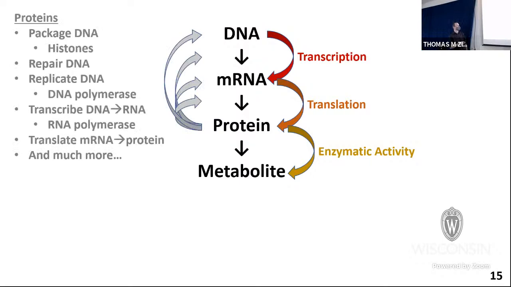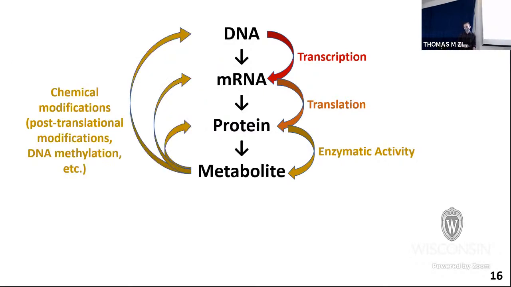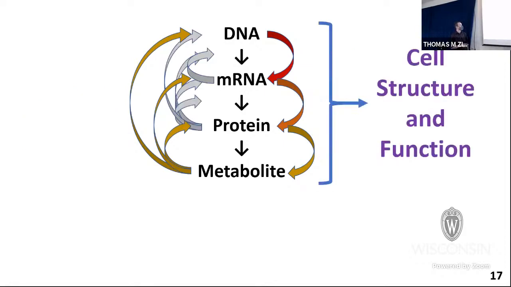But this is kind of the central dogma, but there's a lot more complicated things going on here. So proteins can actually directly interact with not just metabolites, but mRNA. They can affect their own translation. They can affect transcription, and they can actually modify DNA itself. Metabolites can do very similar things. So they can modify proteins, they can modify mRNA, and they can modify DNA, all kind of regulating each step of this process. And it's these together, this complex interactive environment, that altogether leads to the final cell structure and function.